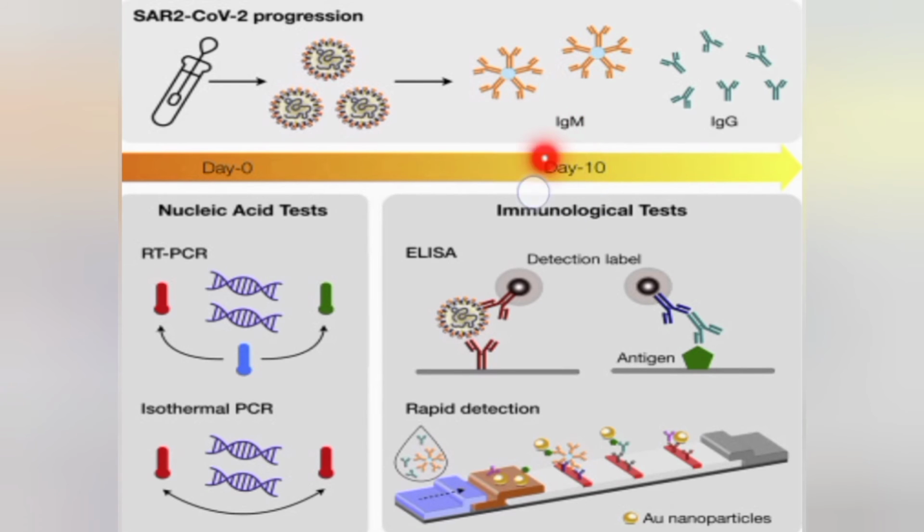IgM antibodies are the first to appear; however, they are relatively short-lived and have disappeared after a few weeks. The detection of these antibodies implies potentially active or recent infection. On the other hand, IgG is the major antibody of the immune defense and provides long-lasting immunity against the same virus for reinfection. Thus, detection of both IgM and IgG can give information about the virus infection course.